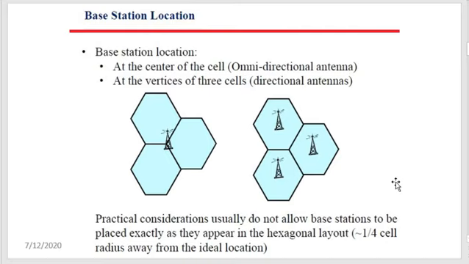So this is how cell site locations are. Sometimes base station antennas are kept here or sometimes here. If it is here, then this may be representing a particular sector. We will show in the coming classes how we show sectors when we study the antennas which transmit in a particular direction. Then you will get more clarity on how to put antennas and how to show it on paper.